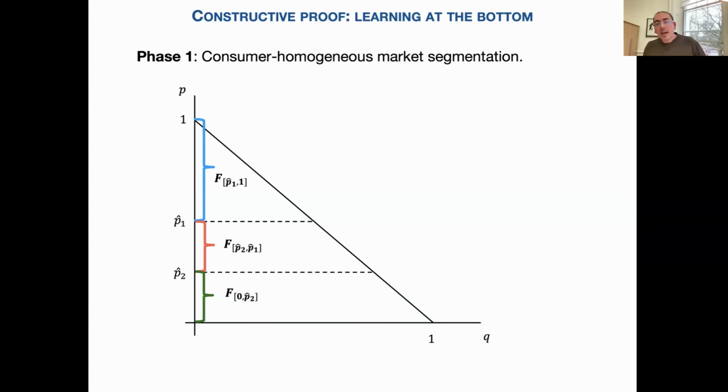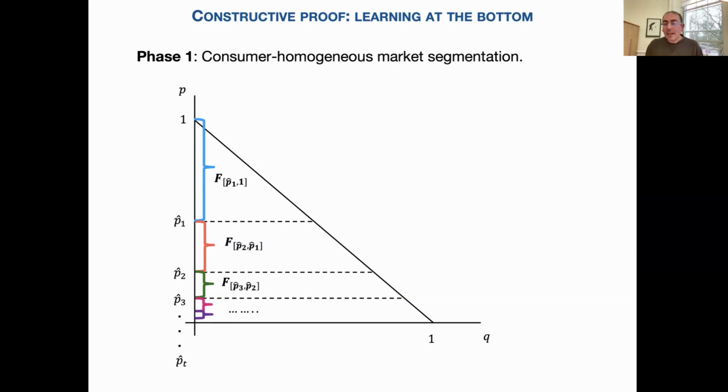In period 3, I'm gonna give the seller 3 markets: the blue market, the red market, and the green market. The price to the blue market will still be P at 1. The price to the red market will still be P at 2, for the same reason that here the price is still P at 1. And the price for the green market is gonna be below. So now I start learning more below. Okay? So I do this for a bunch of periods.